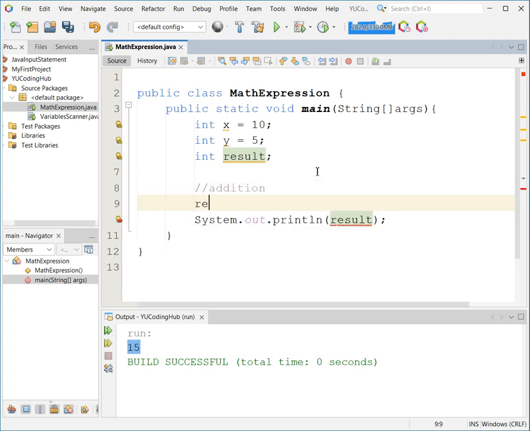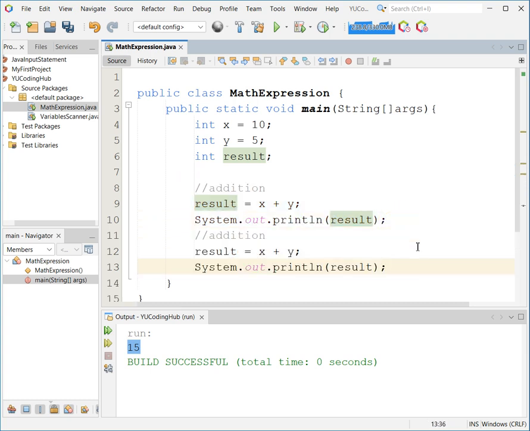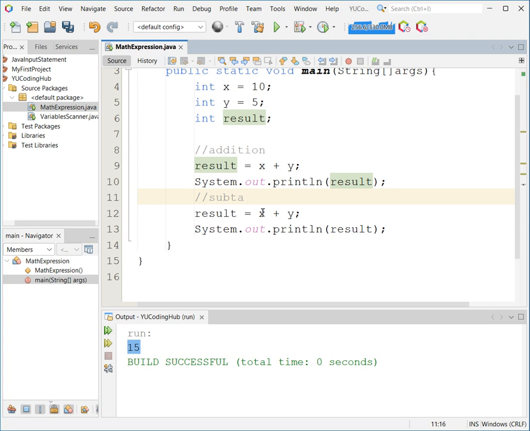Let's do result is equal to x plus y. So that is for the addition. Let me just copy this part. Then let's do subtraction, for which we are going to make use of the minus symbol.